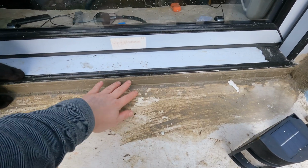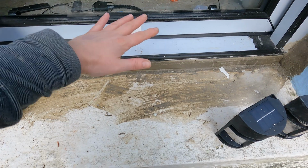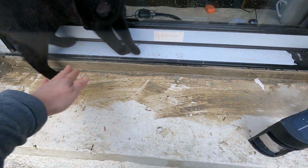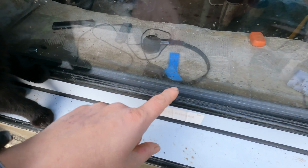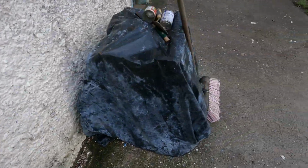So I had to backfill the middle and then leave that to go hard so that the weight of the window would be okay, and then I was able to release the wedges. You'll see some wedges in there, some blue ones, and there's some much bigger ones than that. Release the wedges from the sides, and then I was able to backfill the sides. It's the same on this one. Also the door